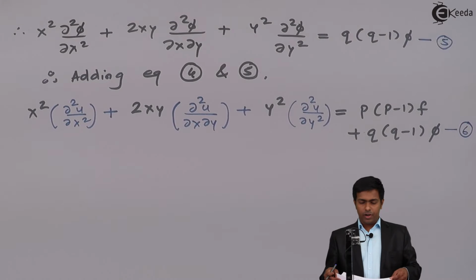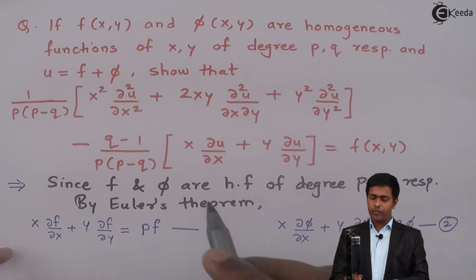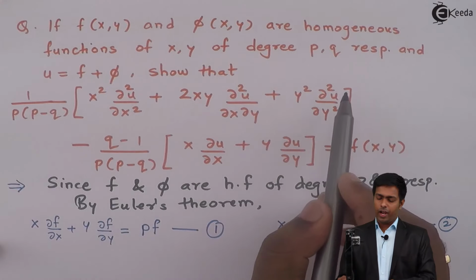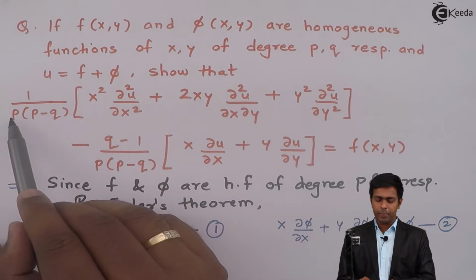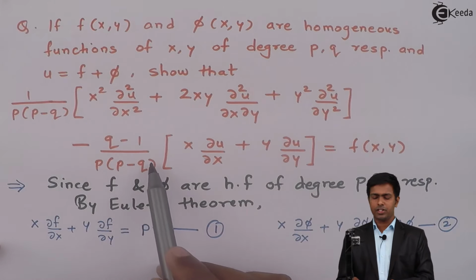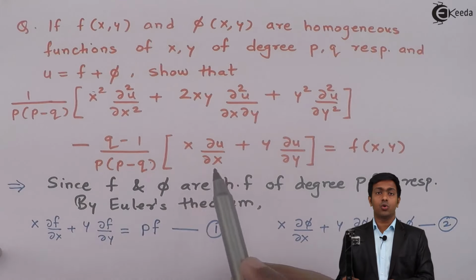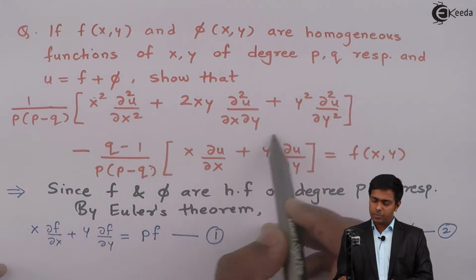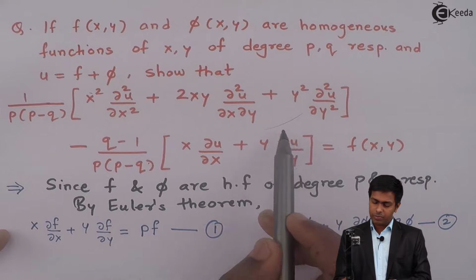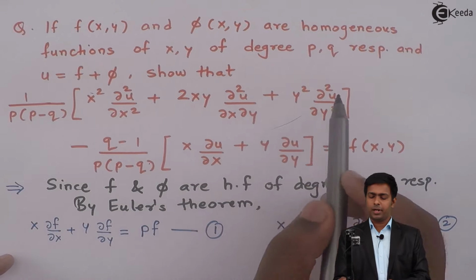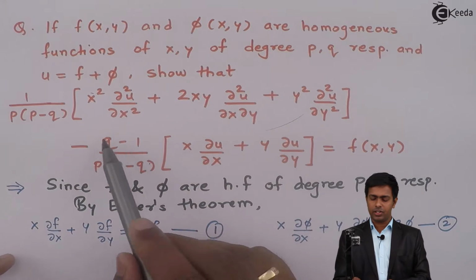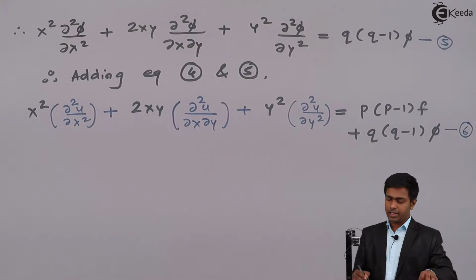So now if we see the required proof, we got the value of this bracket and we got the value of this bracket. So we have to multiply the value of this bracket with 1 upon p into p minus q and the value of this bracket with q minus 1 upon p into p minus q, and then we have to subtract these two values. So the value of this bracket is our equation number 6 and the value of this bracket is our equation number 3. So we will multiply equation number 6 with 1 upon p into p minus q and equation number 3 with this term, and then we will subtract. So here I will say therefore